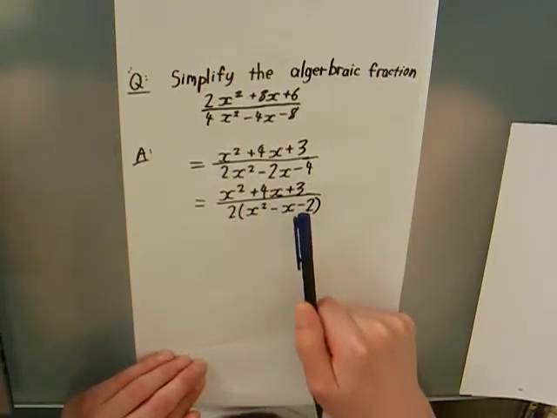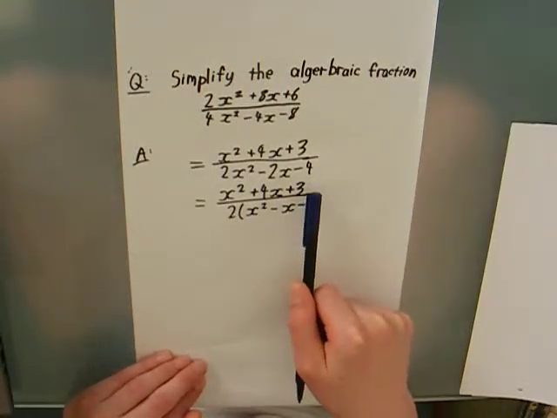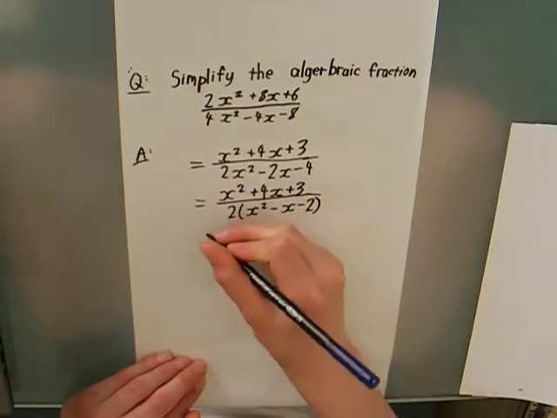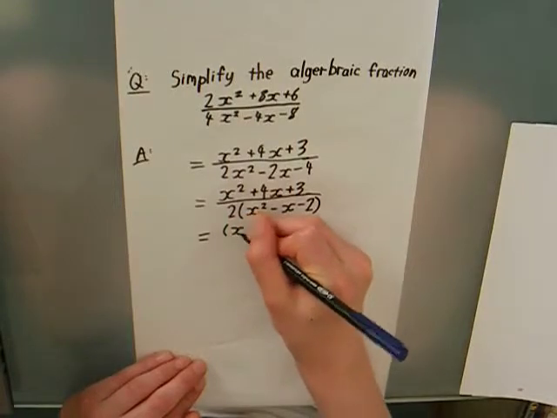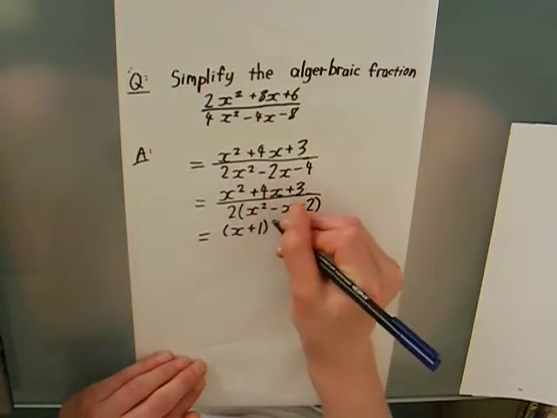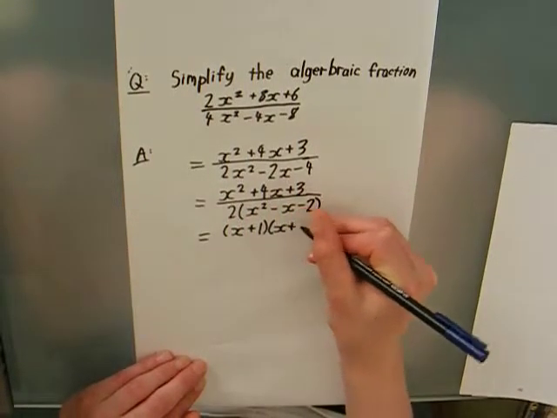Assuming you know how to factorise a quadratic, which I will cover in another video, I'll just skip the factorisation step, because that takes us straight to x plus 1 times x plus 3